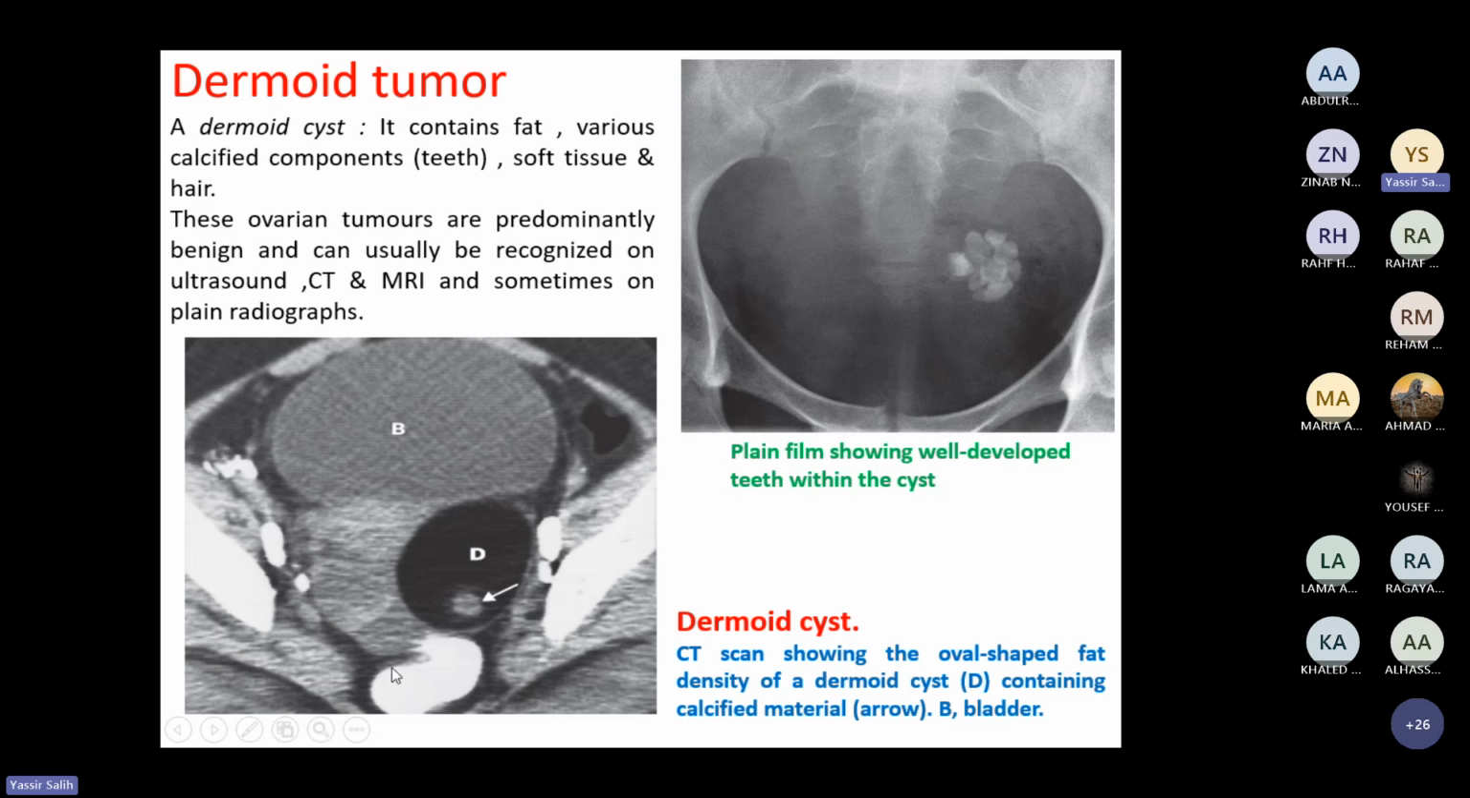So a dermoid tumor is a lesion that contains fat, calcification, hair and soft tissue, and we know how to see it on plain X-ray and on CT. Of course, it is predominantly benign and can be diagnosed by ultrasound. Ultrasound can also demonstrate this. We can see the calcification and the cyst itself, and CT and MRI can also be done